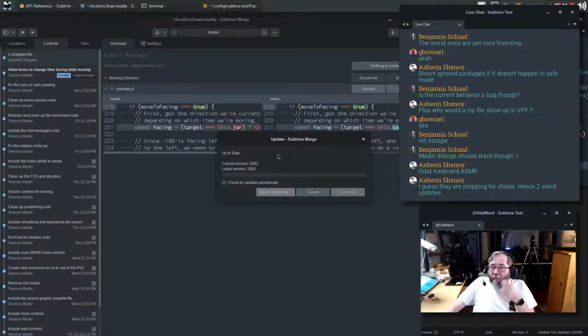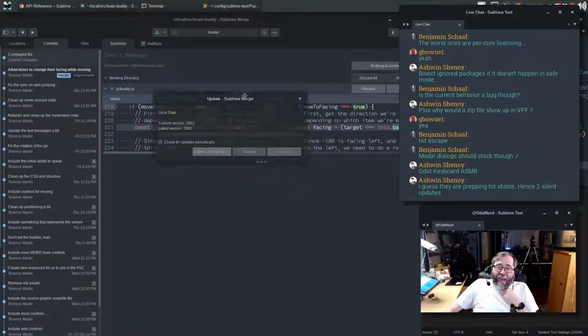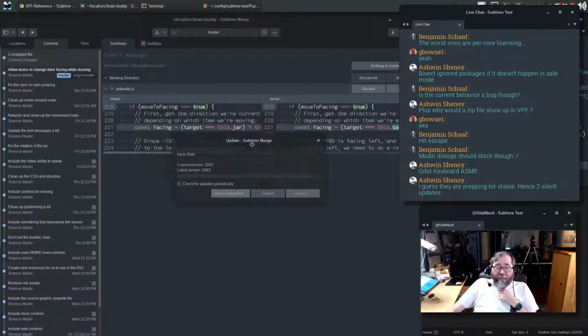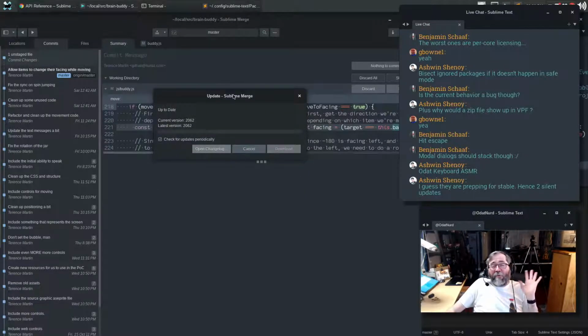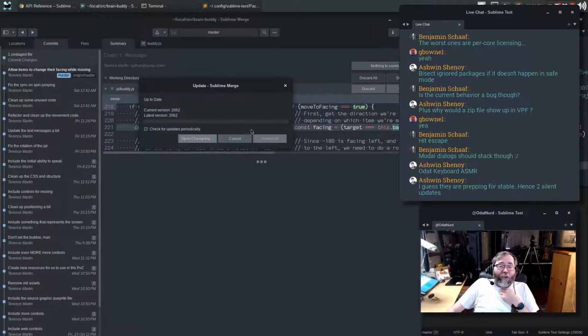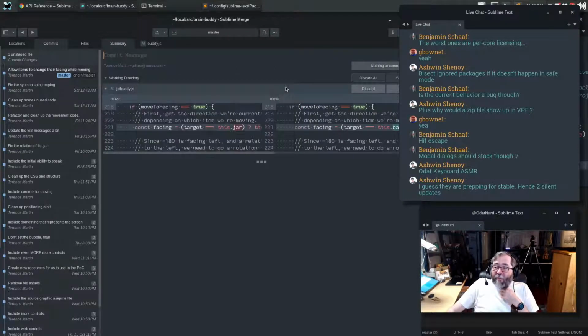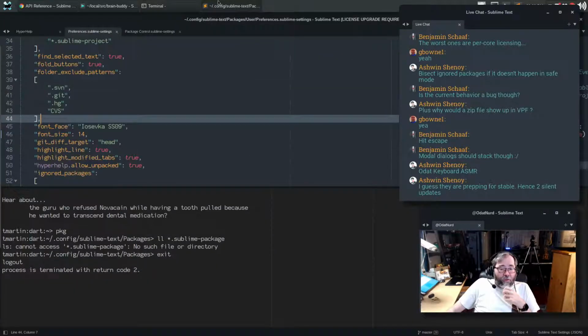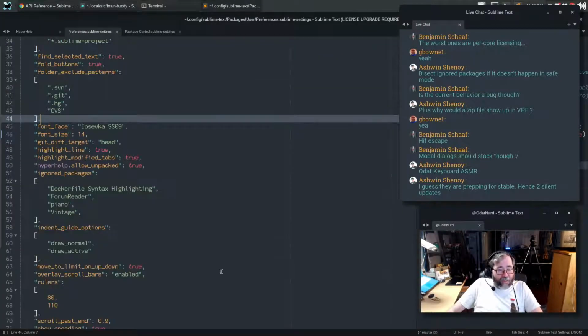Yeah. The problem that I've historically had is that Merge didn't have a dialogue like this, because the idea was that you'd use your package manager to update it. It wouldn't have it on Linux, I should say. So frequently I was behind the curve when it came to this, until I remembered that I should probably update things. Okay. So we definitely do not have any of that sort of action in here.